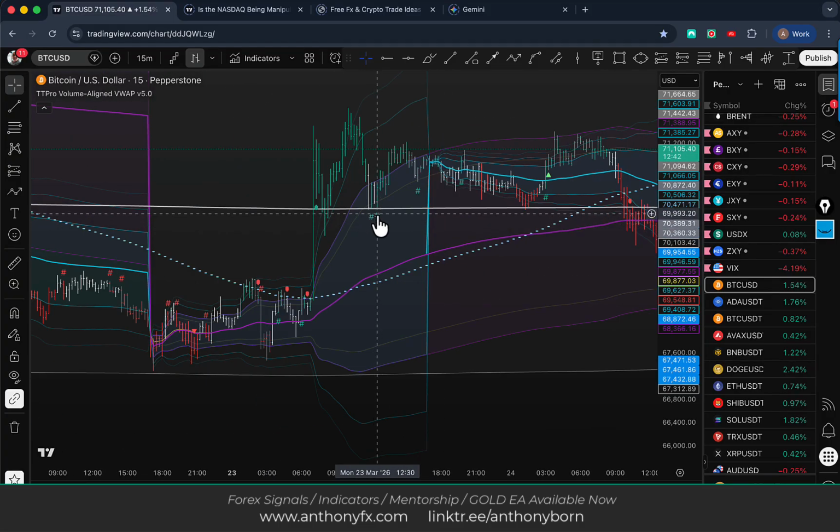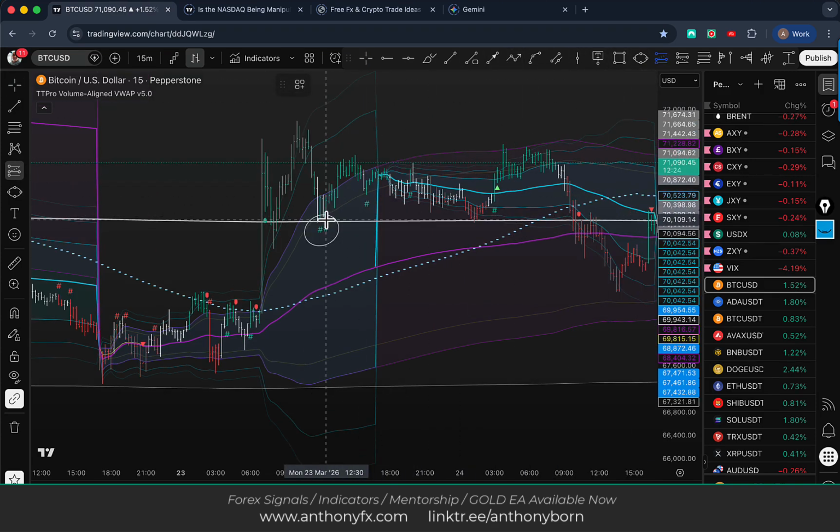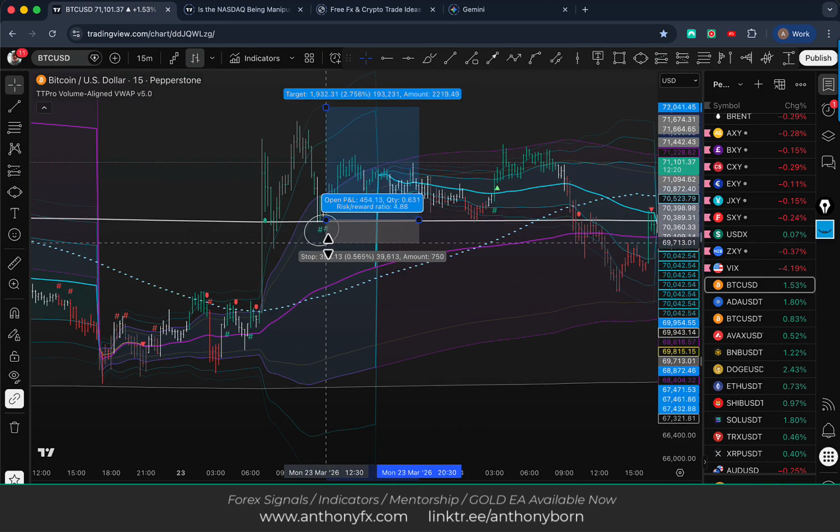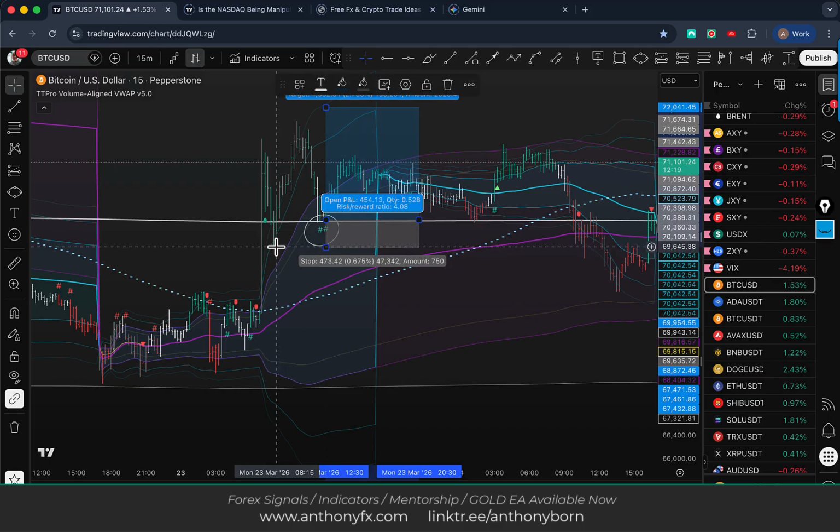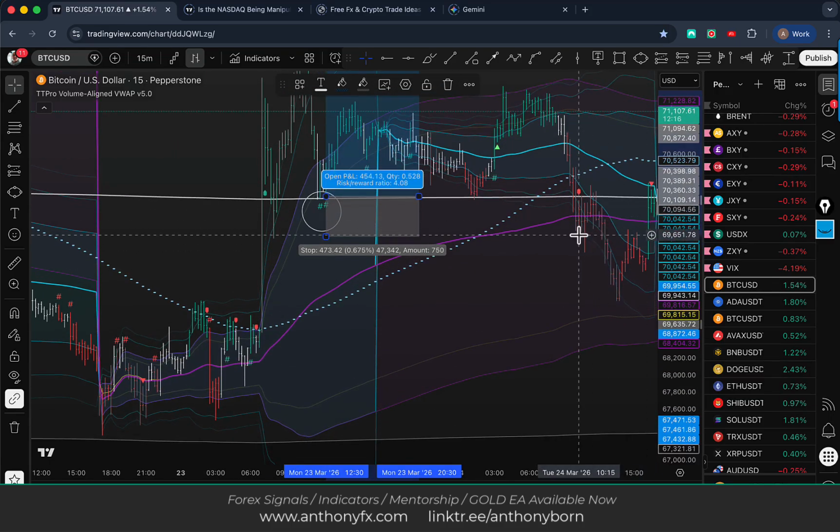You see these two signals here? That's your entry. You've got to wait for that. See the white? That's a monthly. You broke through the white, back down to retest. There are your signals to enter long. Stop below the previous low here. I am suggesting that we take 60%